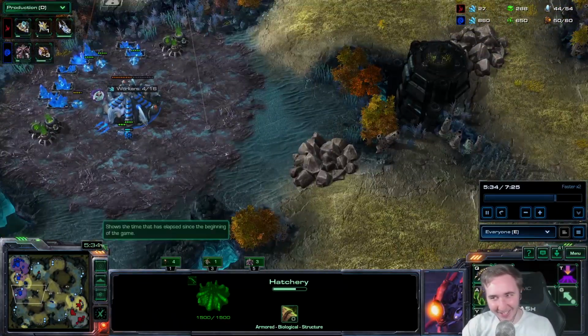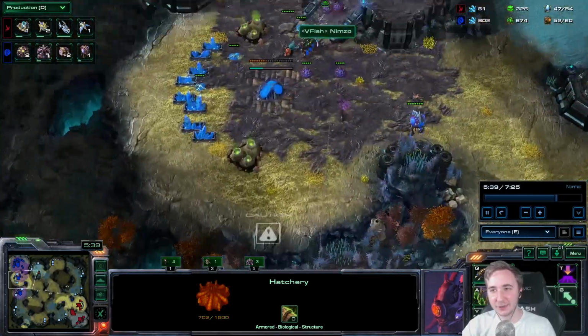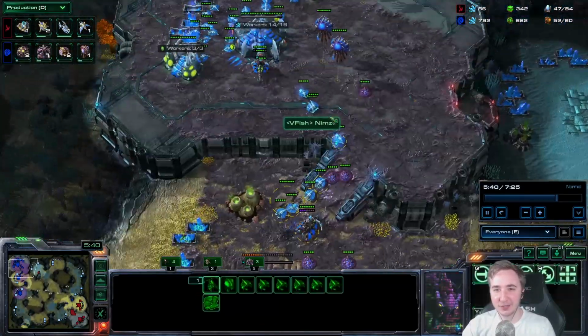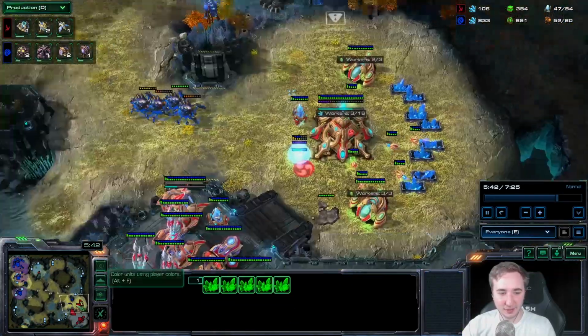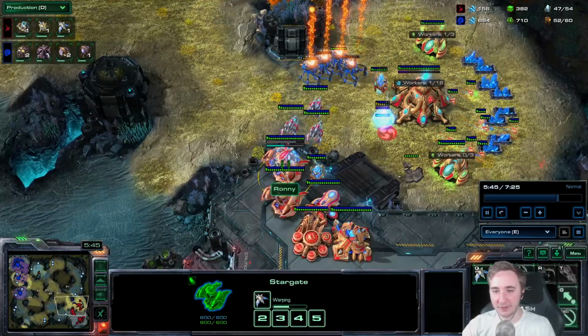You're actually fine. If you actually would spend your money, you would be fine. You should make constant queen production. These drones should not be long distance, man. They should be here. You would actually be fine. Never run across the map with the Ravagers. You should have probably checked that there was...